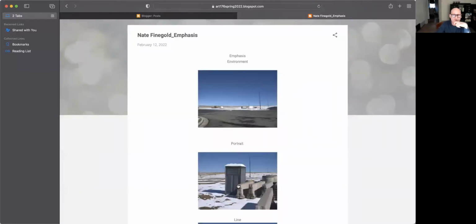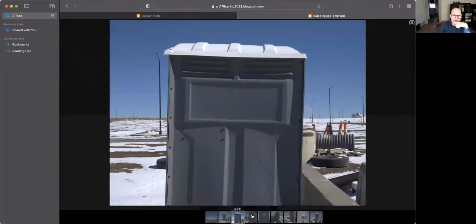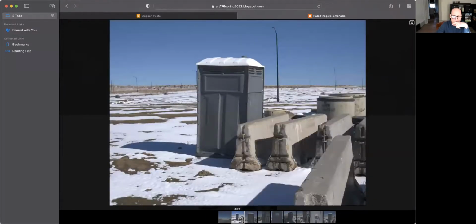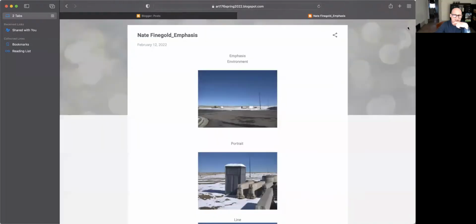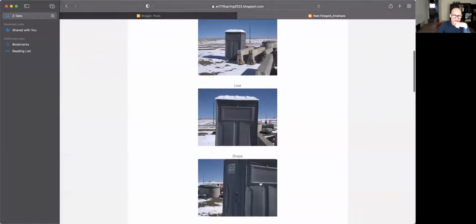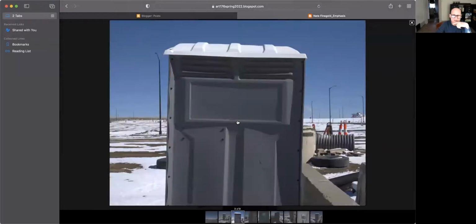However, let's keep going. So we kind of went from here, then to here. We kind of got in a little bit closer. So this is the portrait of the structure, and then you get into shape. I think it's a good idea by lining it up here. I think you might have done better if we would have cropped right here. If you can see where I have the cursor with the hand right here. If the image started here and kind of went across like this, what it would do is